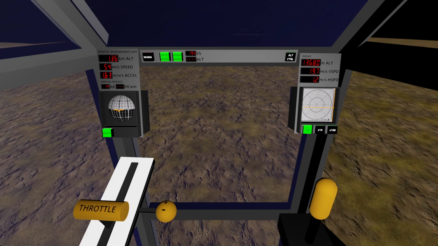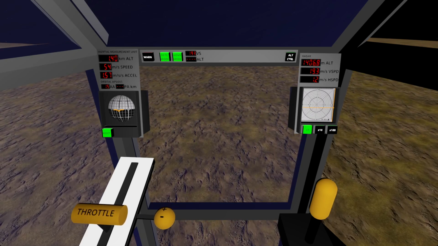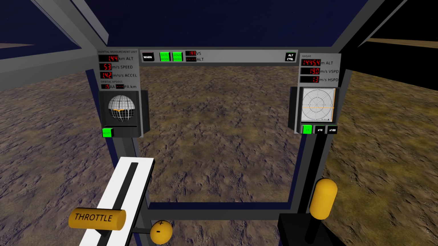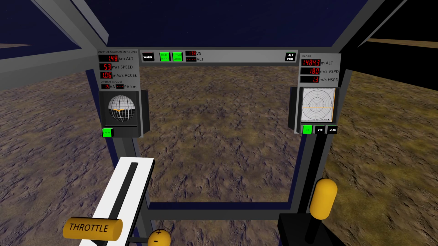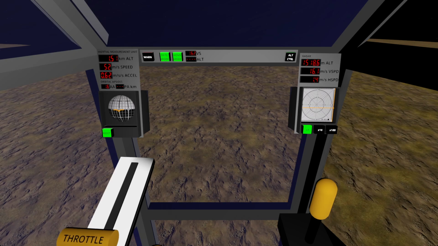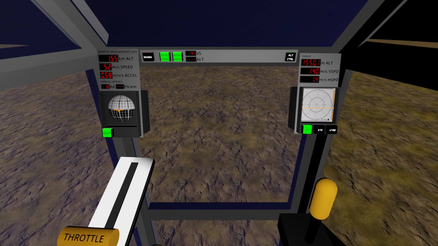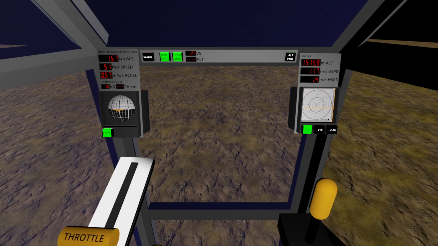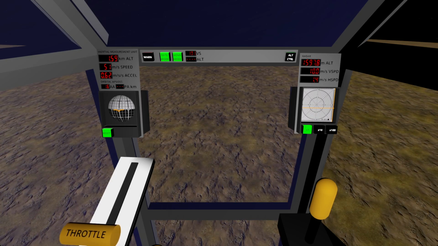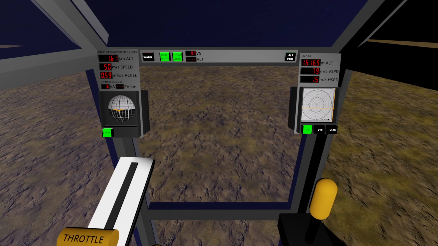If I use the left thumbstick, which was the vernier control for the throttle, now it adjusts the set point for the vertical speed. So if I pull that thumbstick back towards me, it decreases the vertical speed set point. If I get that back down to 0,